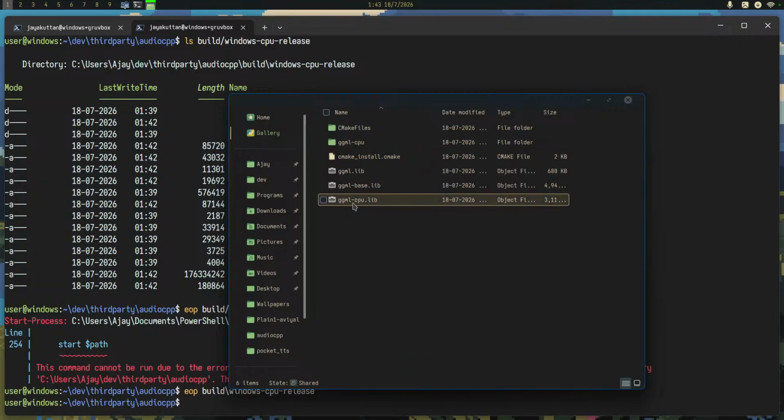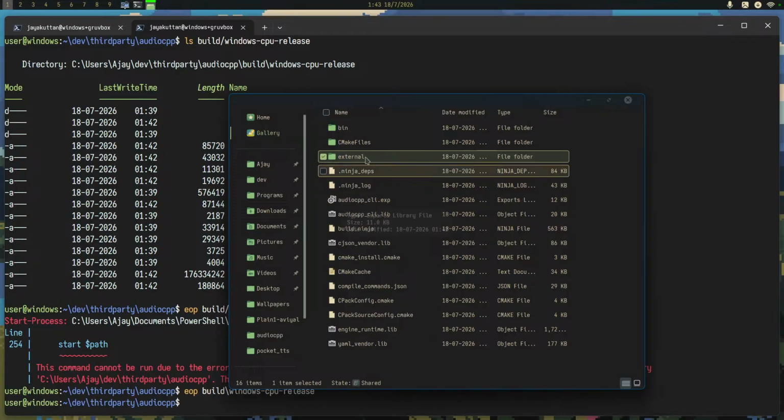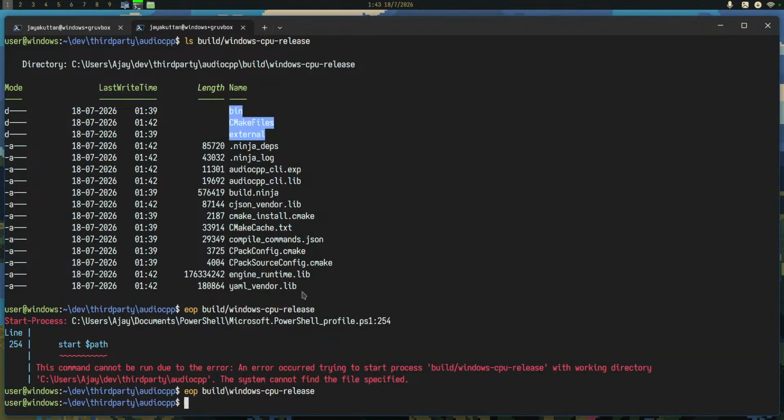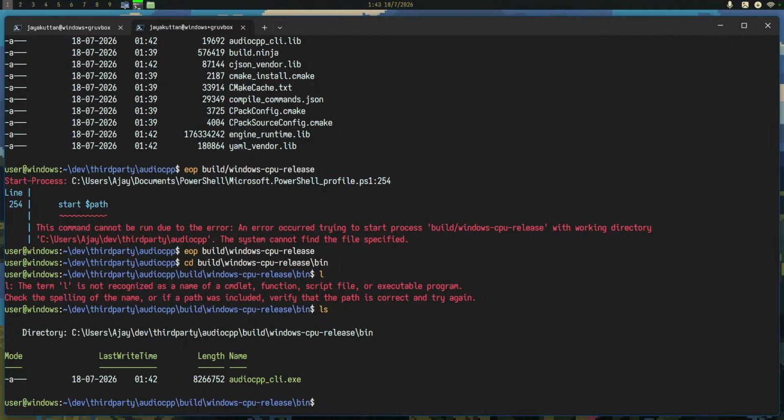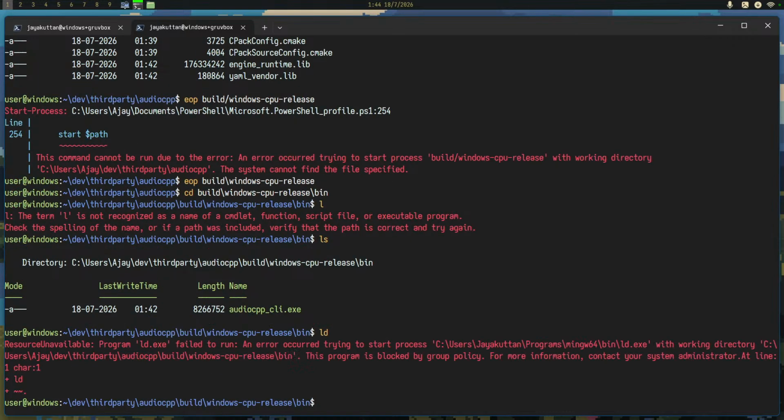Hmm. I think it's statically linked GGML CPU. Let's actually have a look at LD searching. Do we have LD? We don't.